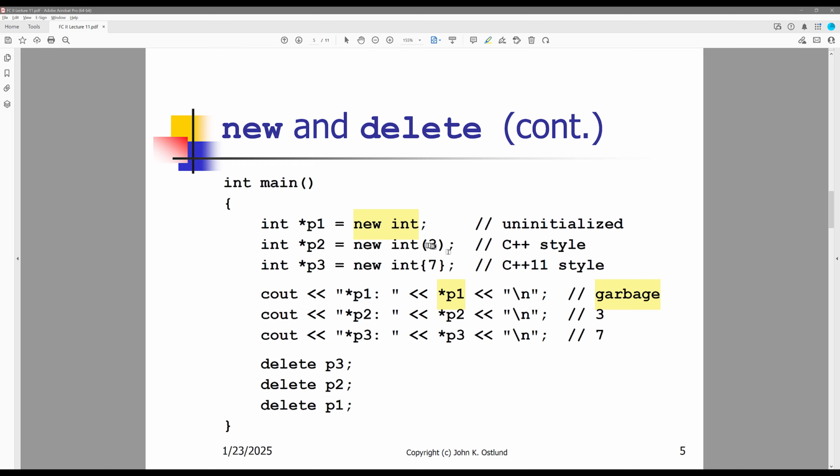I can use either the original C++ style with parentheses or the more recent C++ style with curly braces to specify a specific initial value that I want for that newly allocated chunk of memory. So when I display star of P2, when I display star,